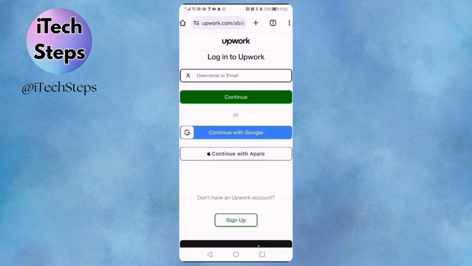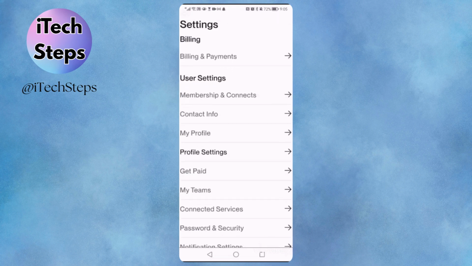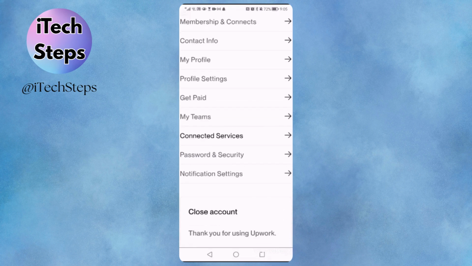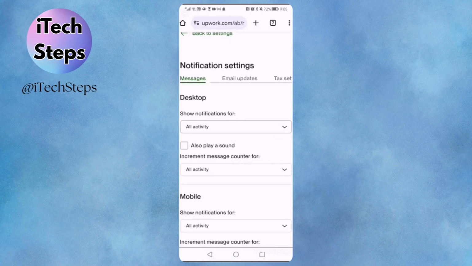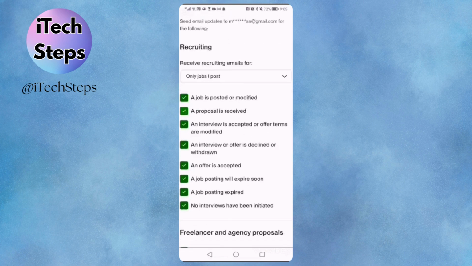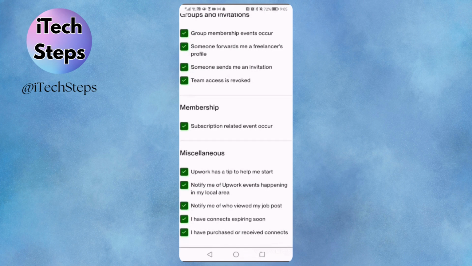Okay guys, so you're going to need to log into your account, so you're just going to add in your username and password. Okay guys, so then when you log into your account, then you're just going to go to your profile settings. You're just going to open your profile, and then you're going to go on to settings for your app, and then you're just going to go into notification settings, and over here you select email updates, and these two,